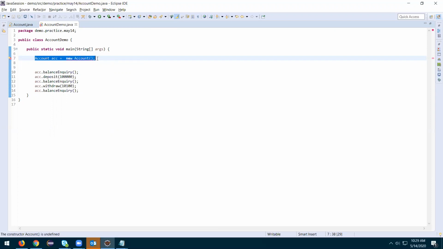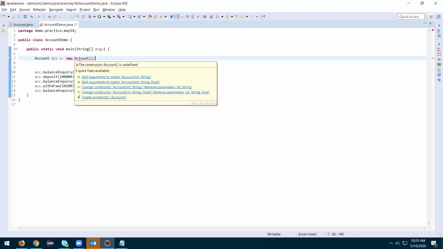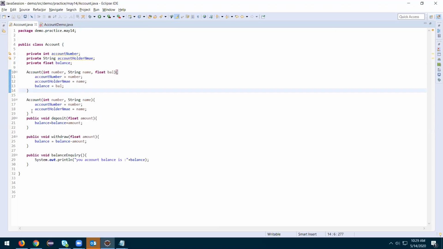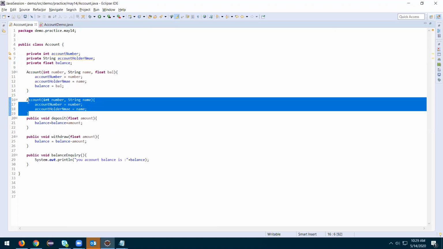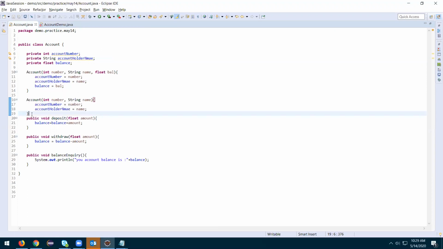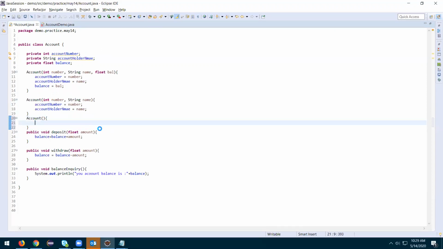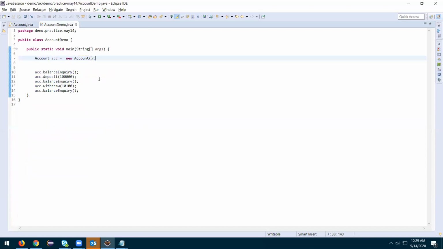But if you do something like this, it is basically saying that it doesn't have any account. So we need to create a no-argument constructor here, which accepts nothing, and we don't do anything here because we don't have data. Now it is not complaining at all.